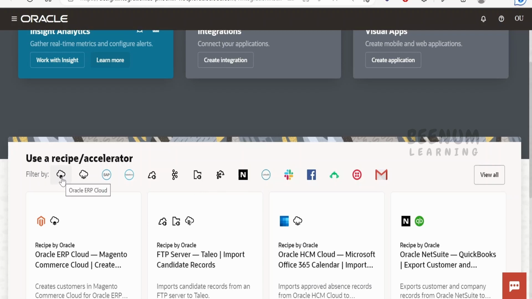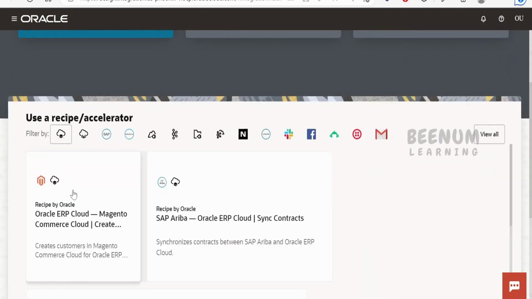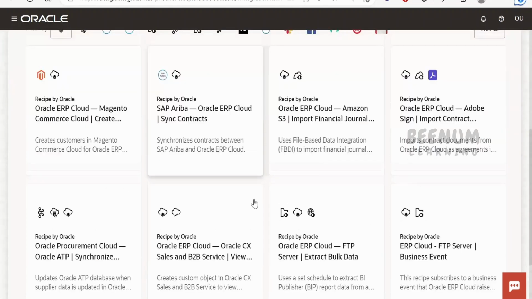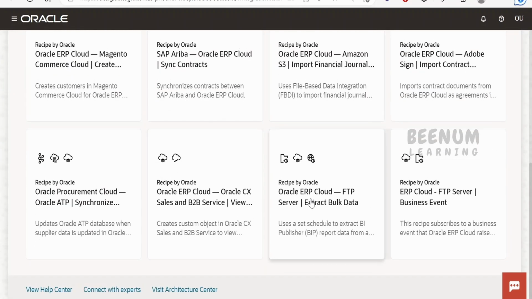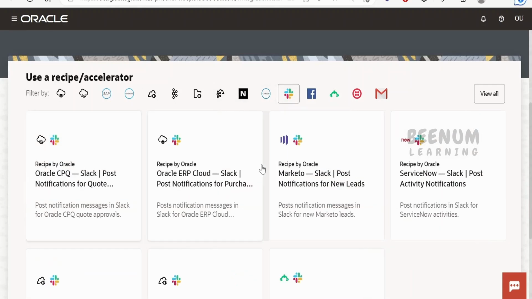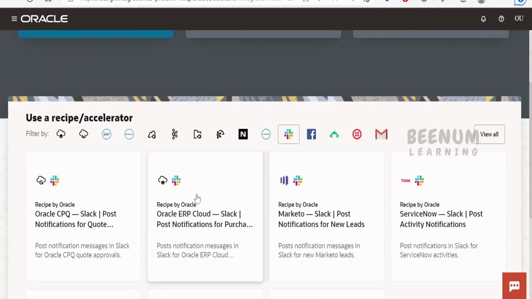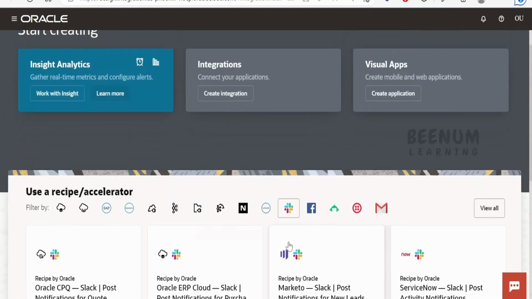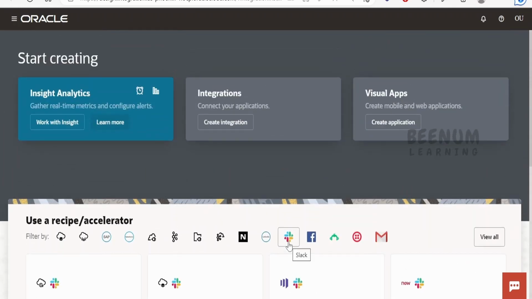If you want to see which Oracle ERP Cloud recipes or accelerators are available, we can click on this icon and get the details of all the recipes currently available in your Oracle Integration 3 version. And if you want to know the recipes involved for SAP or the Slack adapter, we can click on this and get the details, and then quickly click on install,